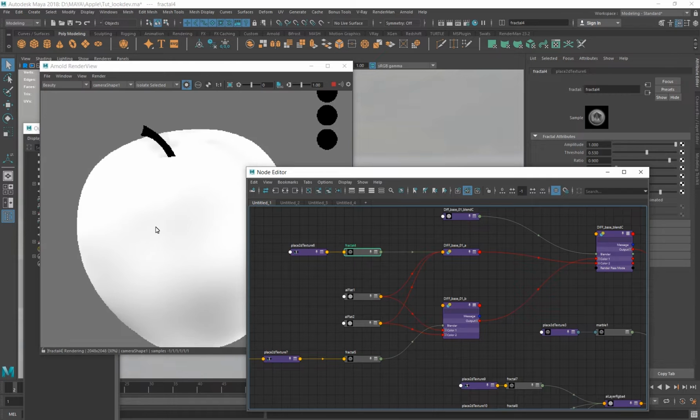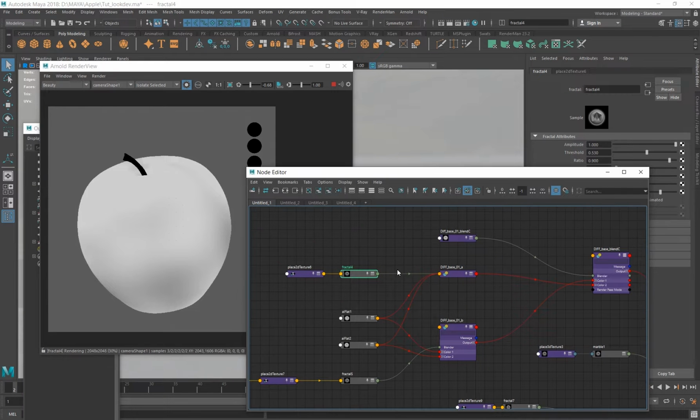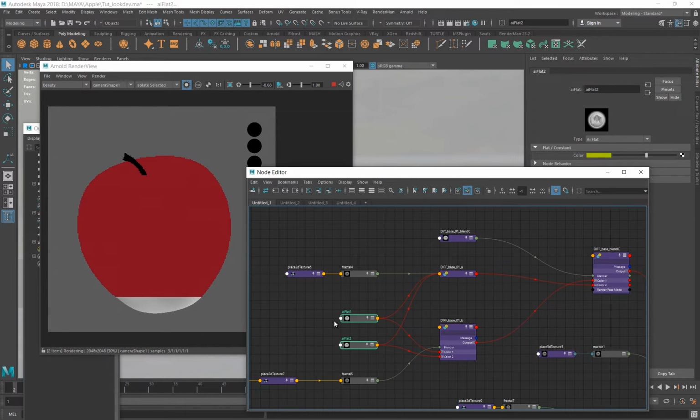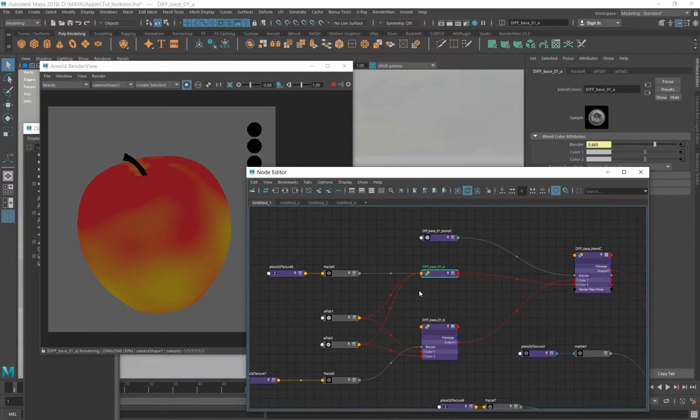And then there is another fractal which is using the same colors, and there's a different blend for this.